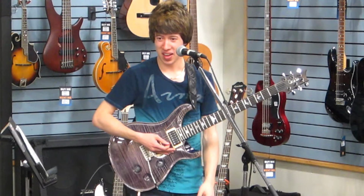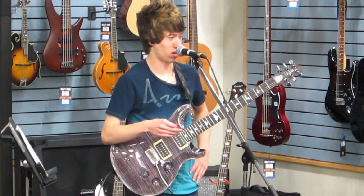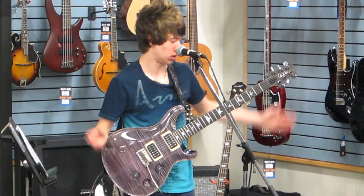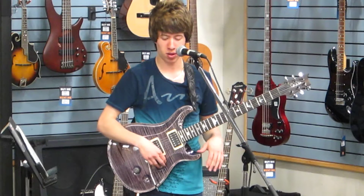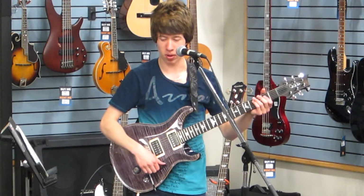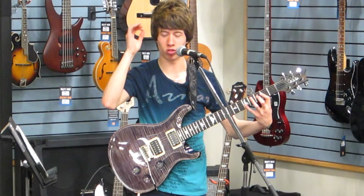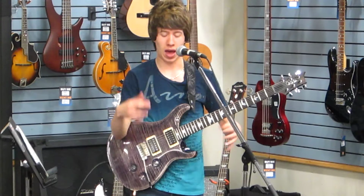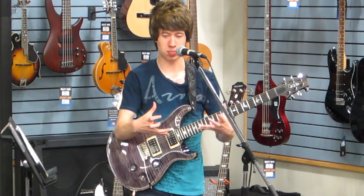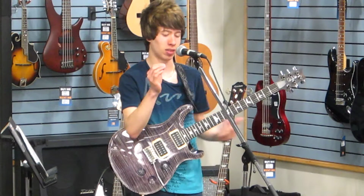Amp-wise, if you guys are interested in my sound live, I don't have my rig here, but I blend a Marshall JVM with a Mesa Mark V. I like Mesa amps, but I find that they're very punchy, and they have so much high end. The Marshalls have a really deep, bass and mid-range rich tone, but they lack that high-end